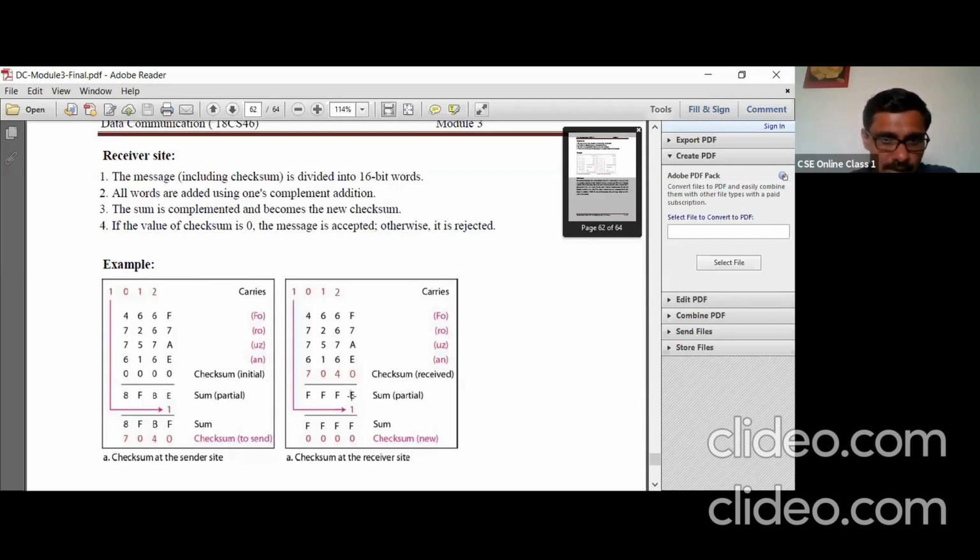The remainder will come here. That is, 14 is nothing but E in hexadecimal. And your quotient is a carry to the next position. Now again, you perform the same operation here, including carry, you get F.